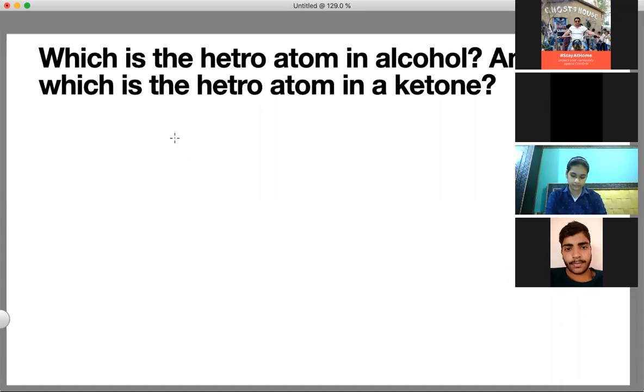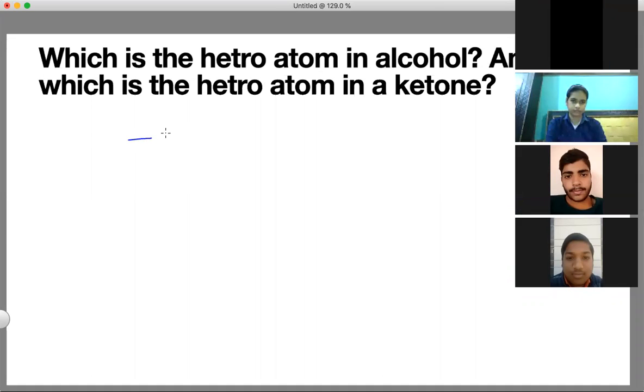Hydroxide. हाँ, so hydroxyl, this is called hydroxyl, right? This is not the heteroatom. What is hydroxyl? Hydroxyl is the functional group. Heteroatom का मतलब होता है,